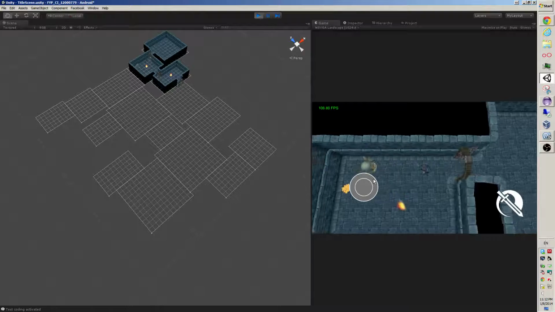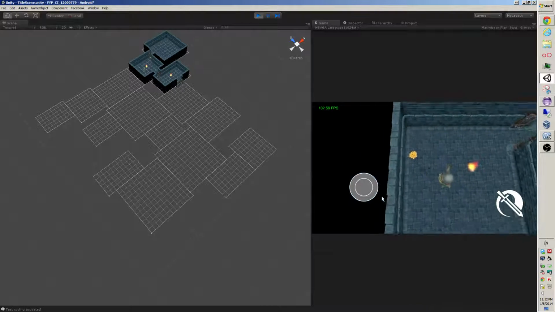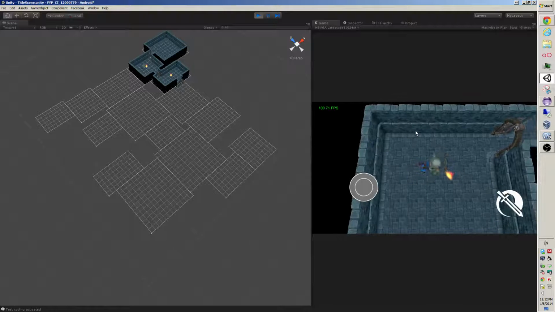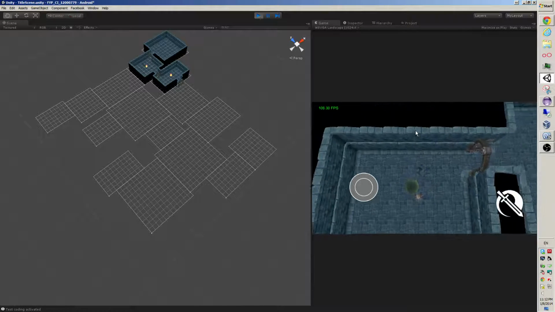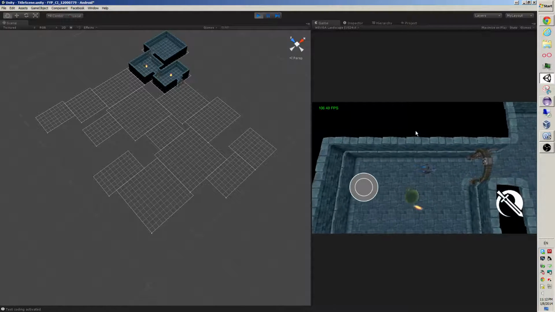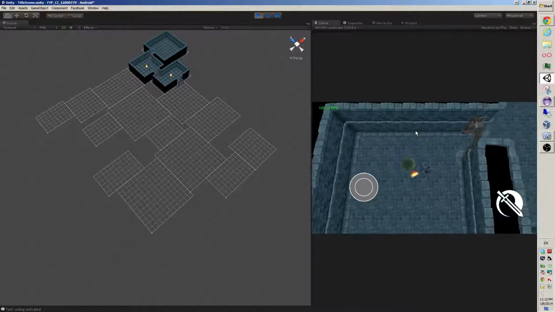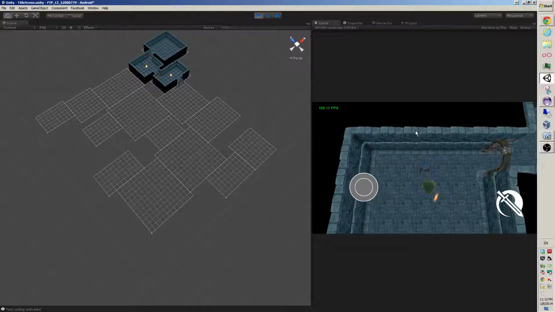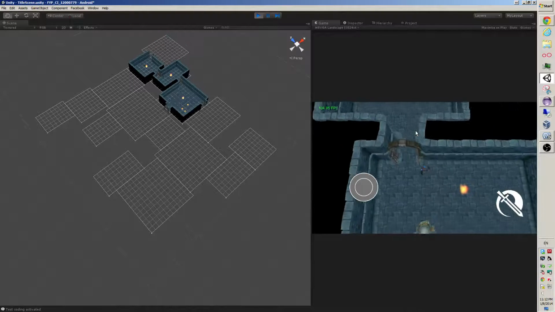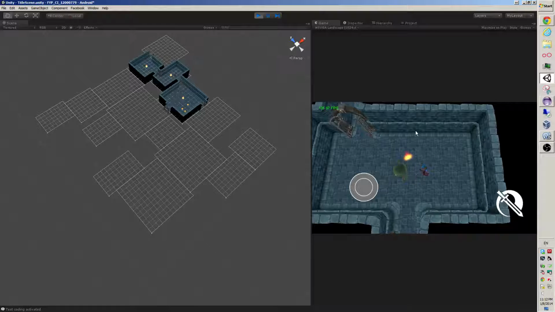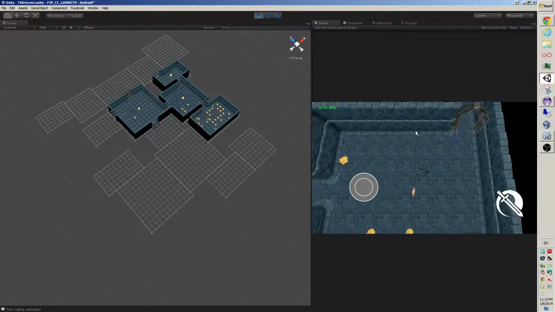So now I can start exploring the maze. I'm using the keyboard right now because it's faster and more convenient. So I recommend doing a keyboard control for your game, even if it's a mobile game, because it saves so much time not having to build to a mobile device to test every single time. I'm following the flames, which are our beacons leading to the exit, and I'm defeating enemies on the way and